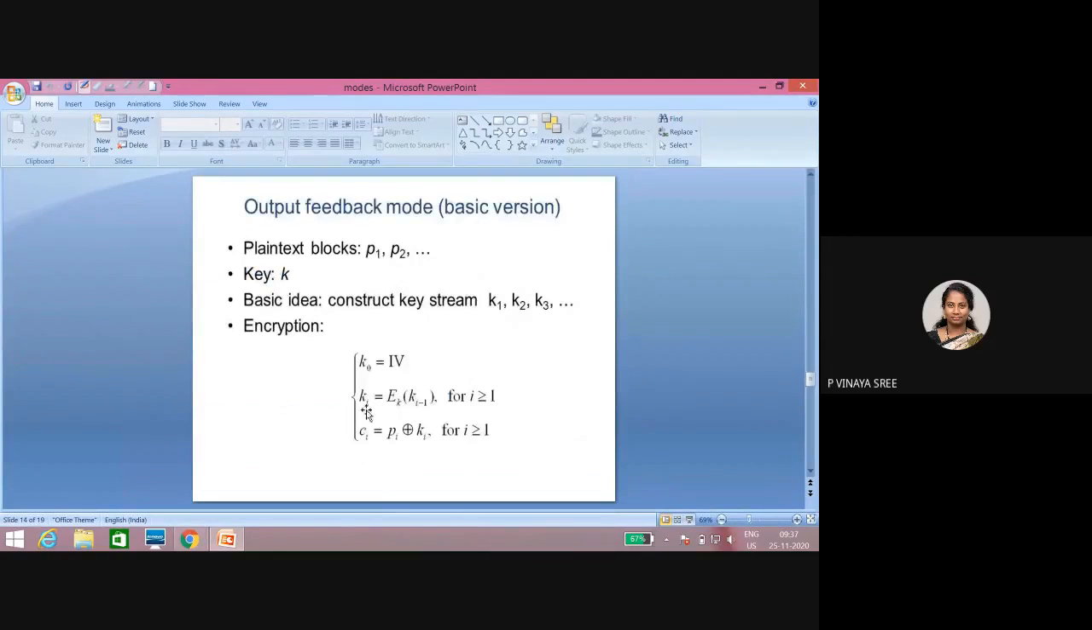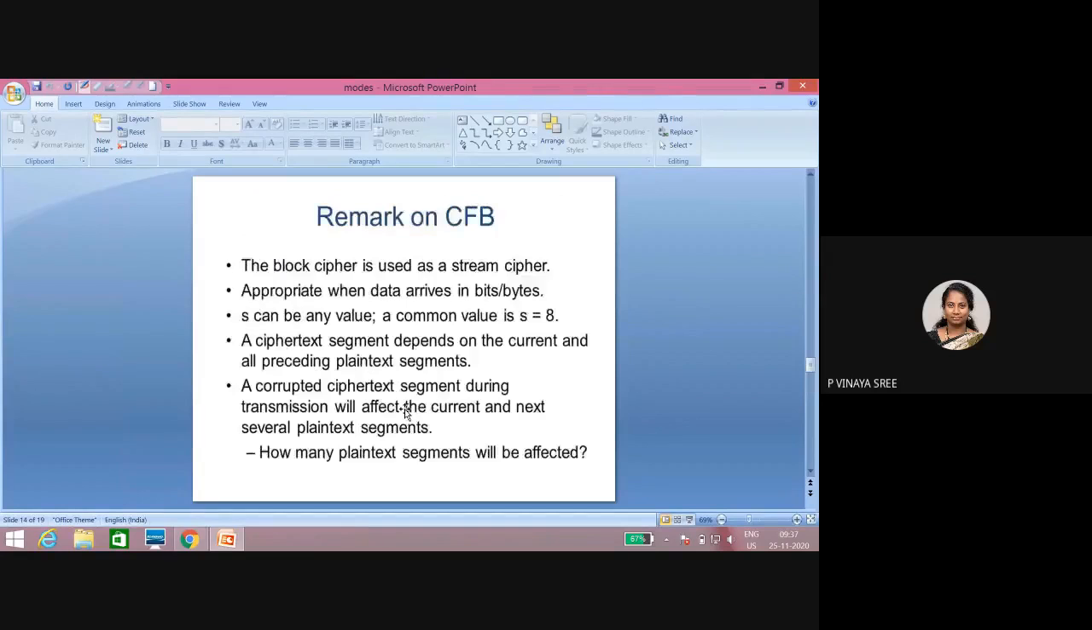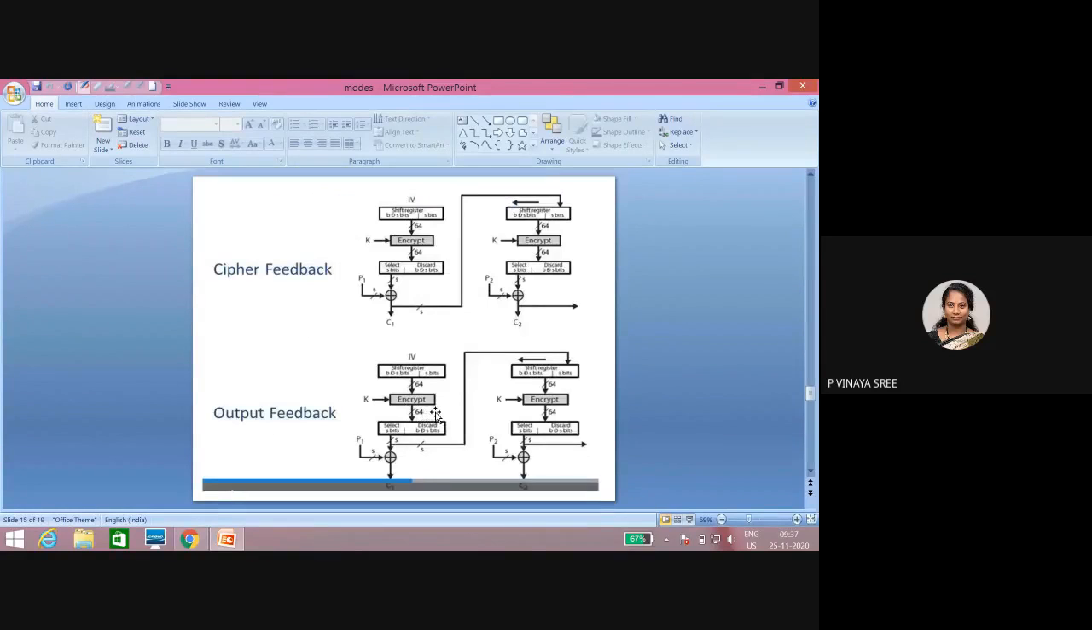Whenever there is output feedback mode, we are encrypting with the output of this encryption. So here, we are not taking from the cipher, we are taking from after encryption; a new 64 bits will be generated. Those 64 bits will be placed for the next block, not the output from the ciphertext. As the name itself shows, this is cipher feedback mode, so the generated cipher is given as feedback for the next one, whereas in output feedback, we start with the initialization vector,